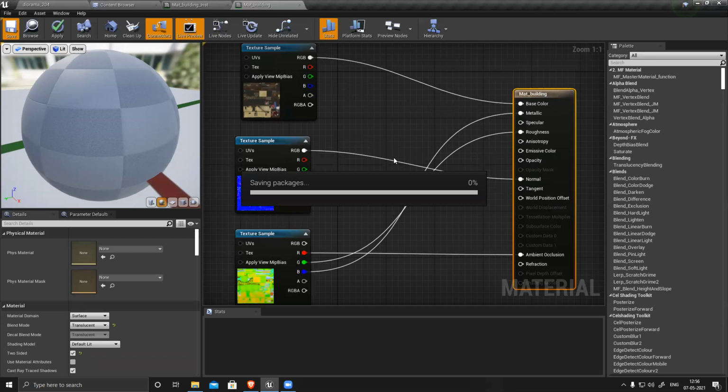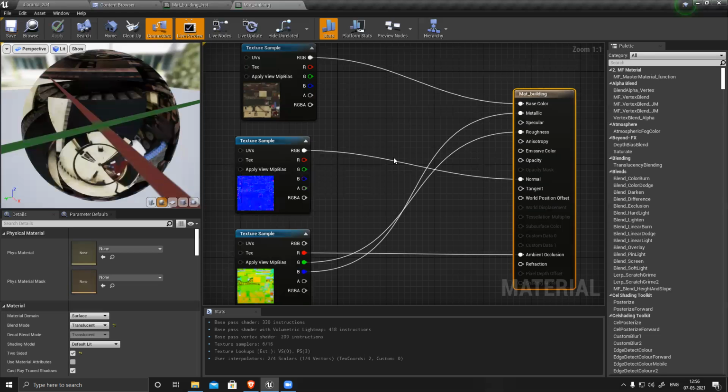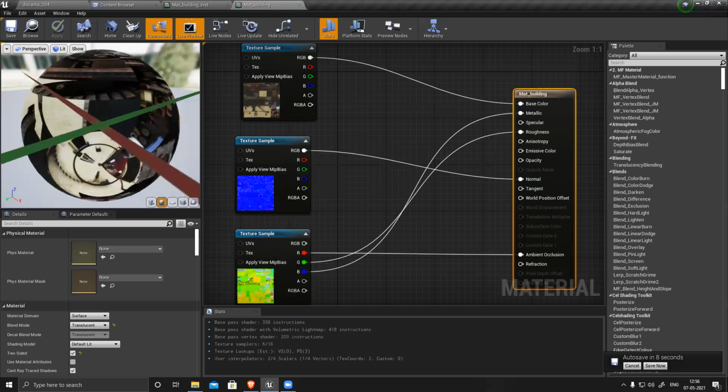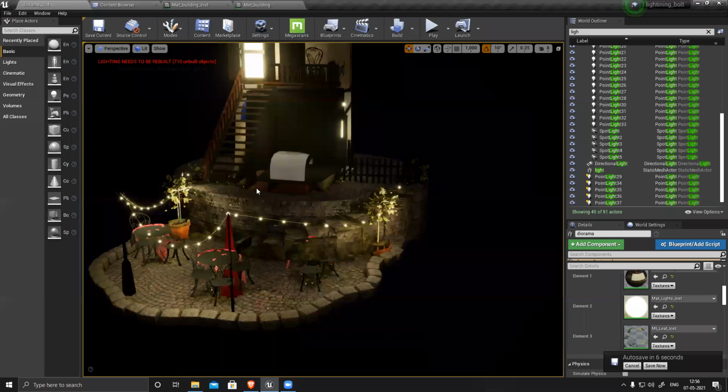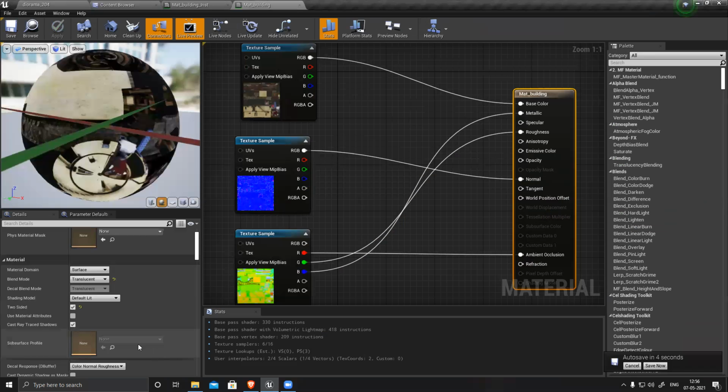Maybe the transparency, I have to cross check why it's making everything transparent. Okay, everything is transparent because of the material property that I changed.